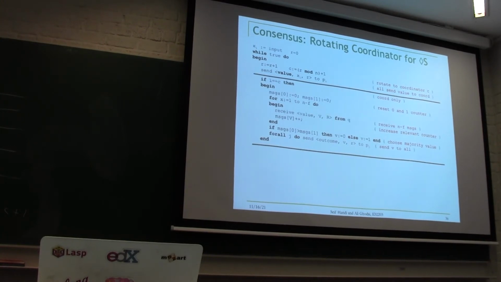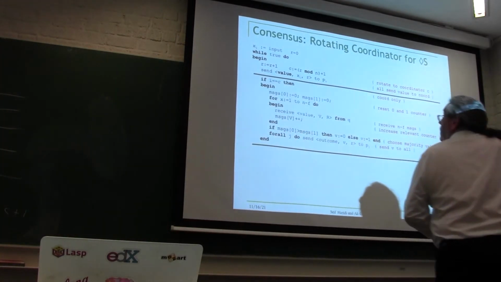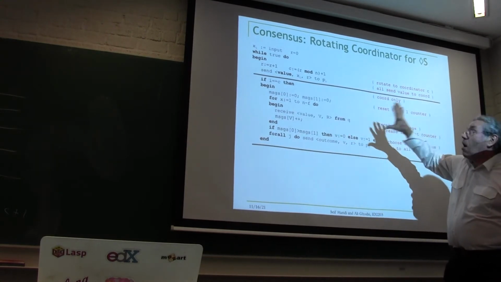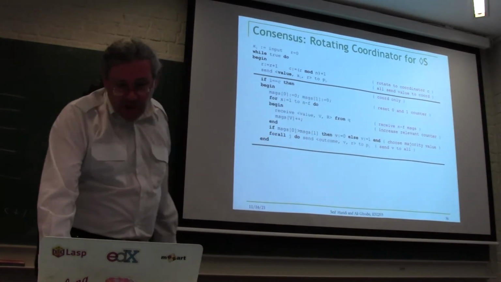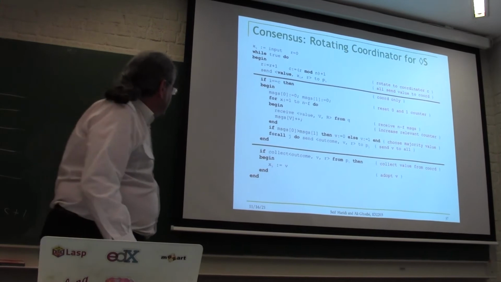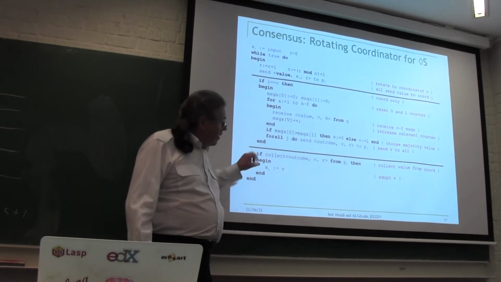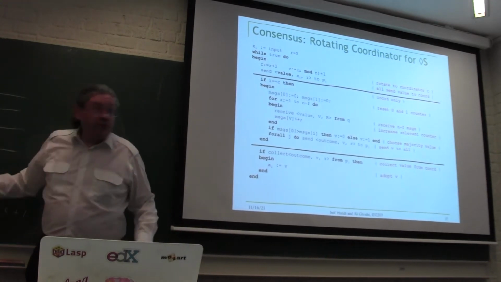N minus f, because in the worst case, it will only get n minus f if we have f failures. It might get more, but you don't care. It's enough to get n minus f. So you see how it works. Is this code clear? This code should be very precise. And then the third part is executed on each node, the ones executed on each node.